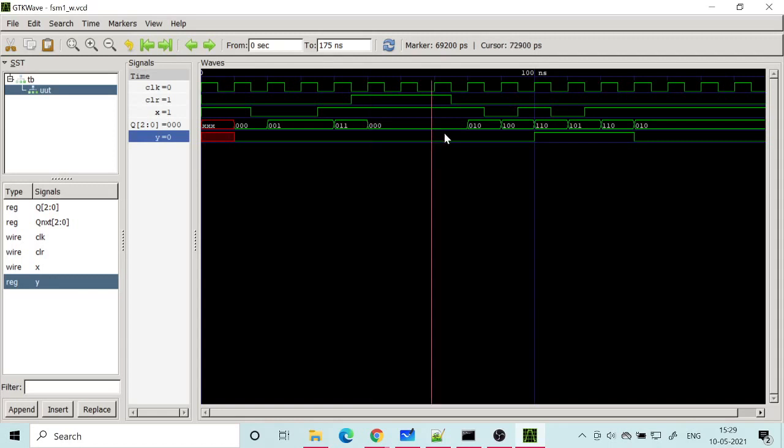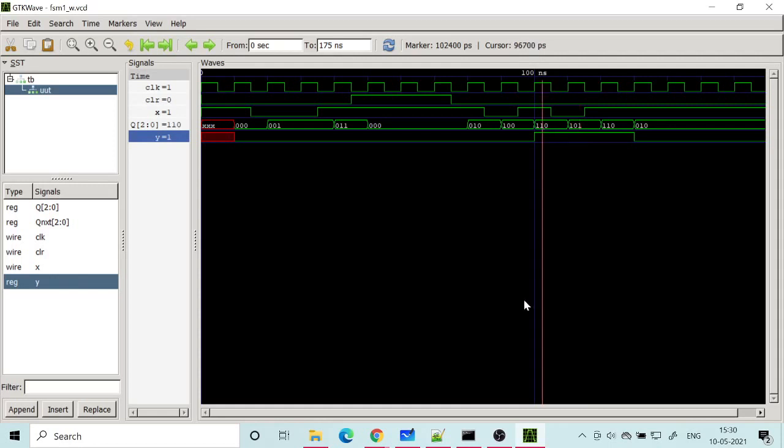Then we have to look for the x change. So here my x is 1, then for one cycle x becomes 0, and then x becomes 1. So here I should be detecting the sequence, right? I should be detecting the sequence in this clock edge, 101 or 010. So that is why my output, the last line, is output. That is going to 1, and so I have detected, I have gone to state 110. 110 means 6, S6. So S6 or S5, these are the two states where I say that I have detected the sequence.